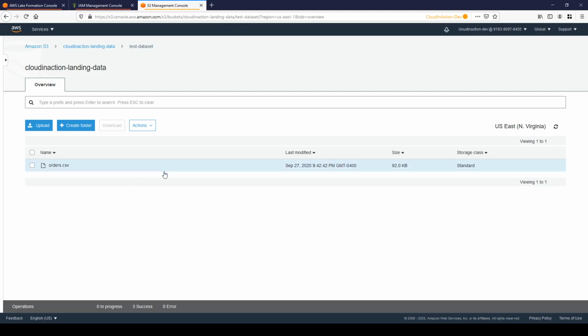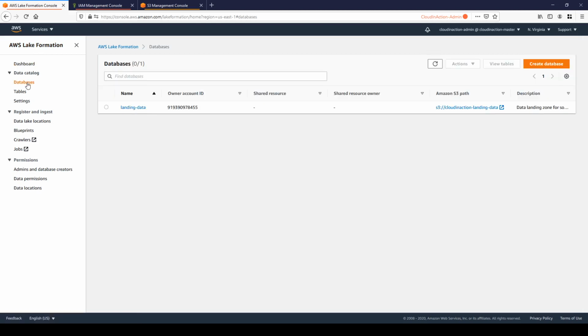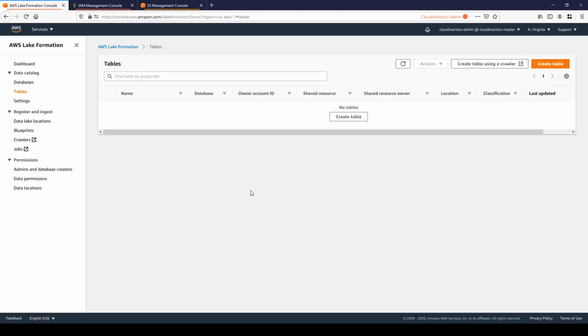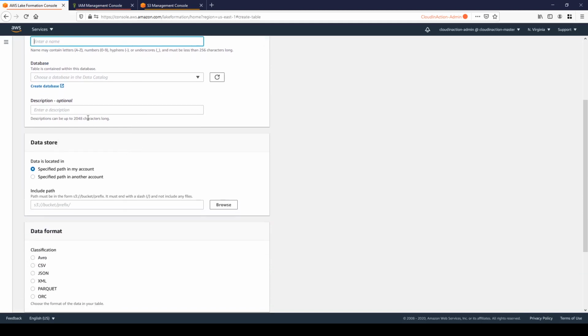We still have a permissions issue with our dev user, because as you remember, our dev user was created from scratch without any access to any AWS services, and right now we allow him to upload data only to an S3 bucket. But in Lake Formation, we also provided access for this user to our database, and right now inside of the database we need to create the tables. If you click on tables, you will find that Lake Formation allows us to create tables in different ways. First of all, you can just click create table and provide the table name, database, some